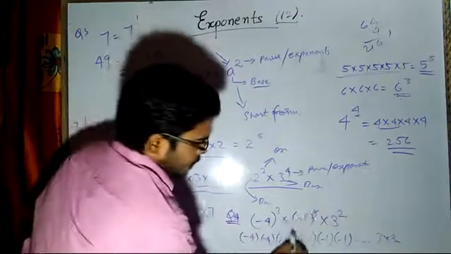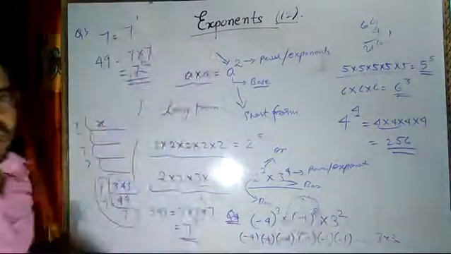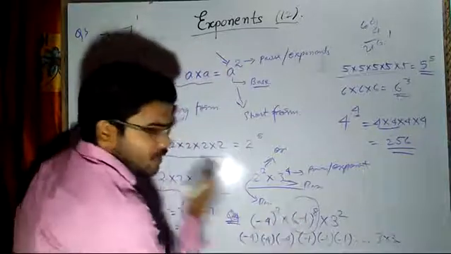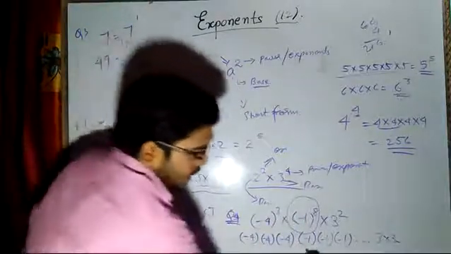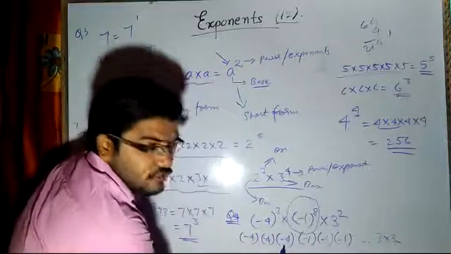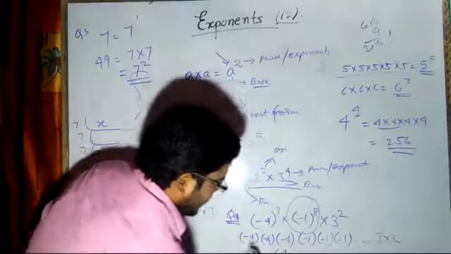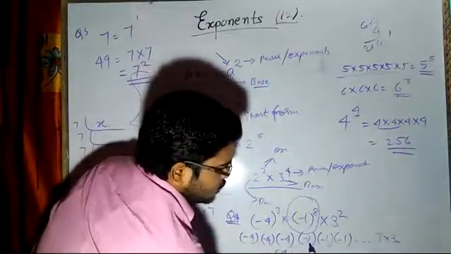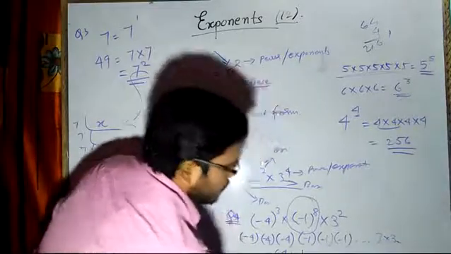Now for this particular thing we have one small law that I will be telling you. There is some small trick for how to write it, so there is no need of writing the expansion. So 4 is written 3 times. 4 into 4 is 16, 16 into 4 is 64. Then minus into minus is plus, plus into minus will be minus. Now minus 1 is written 8 times, the result will be positive.